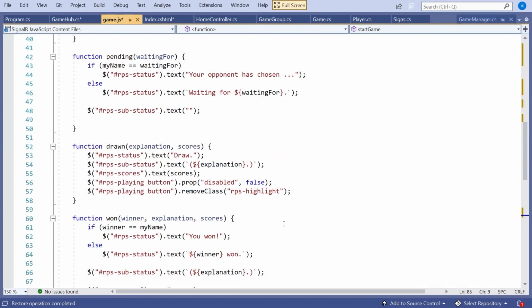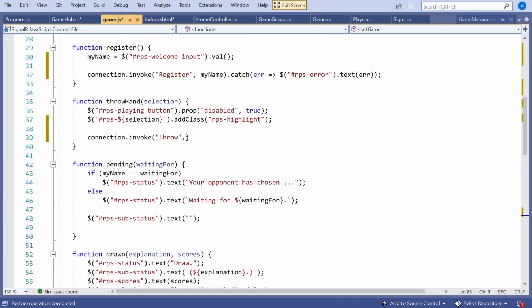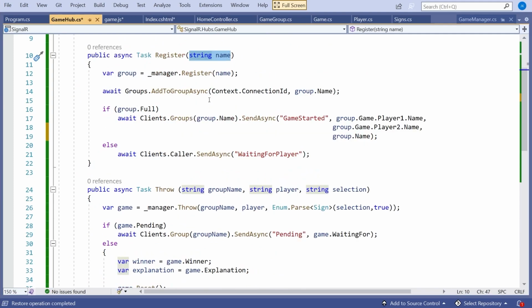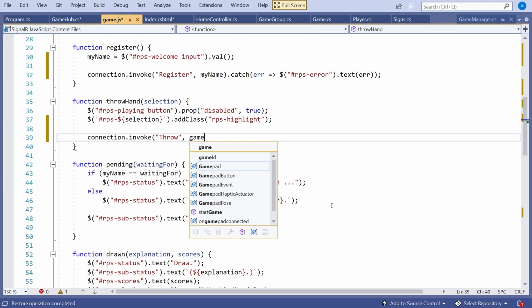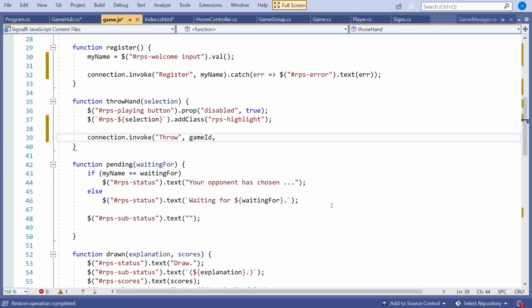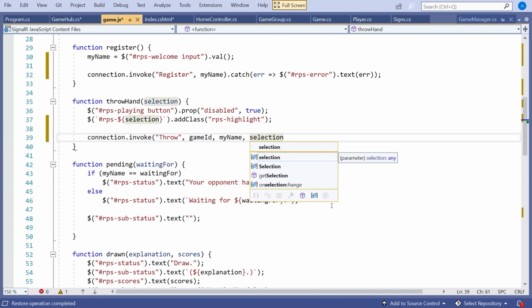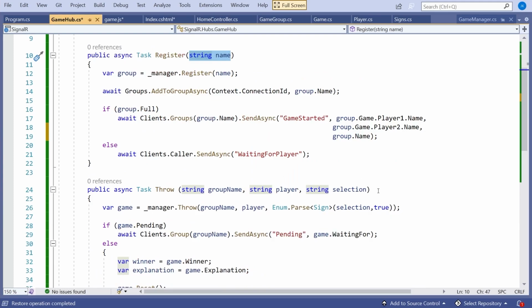And so that means in our throw, we can now pass in those parameters. So the group name, the player, and selection. So the group name is going to be game ID. The player is just going to be my name that we've already set up. And then the actual throw is going to be the selection that we've got coming in there. So that's sending those three parameters that we need.